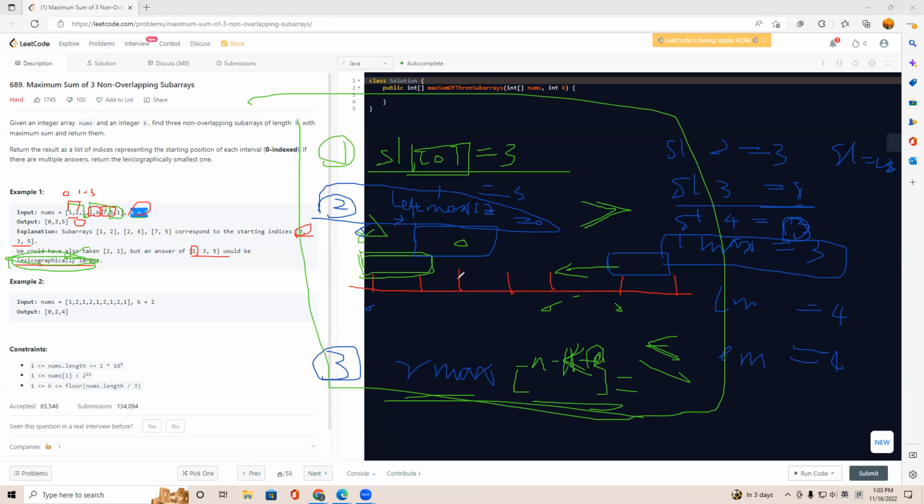We iterate the sliding window over the middle position, with the left and right subarrays from the arrays. So we are going to have three subarrays, and we iterate the middle one from k to n minus 2k, because the last starting index will be n minus 2k. So the starting index ranges from k to n minus 2k. We iterate this, and for each window moving in this range,